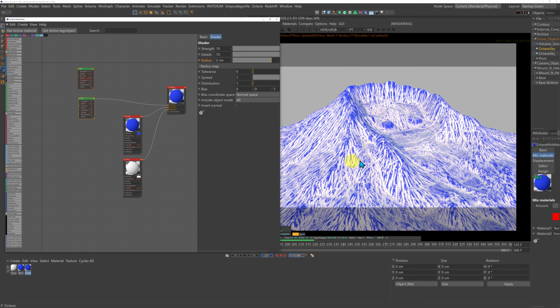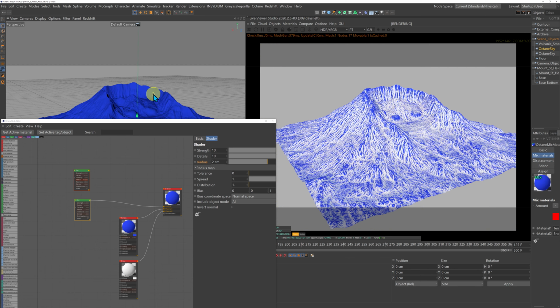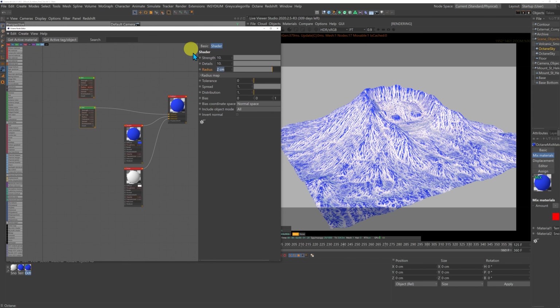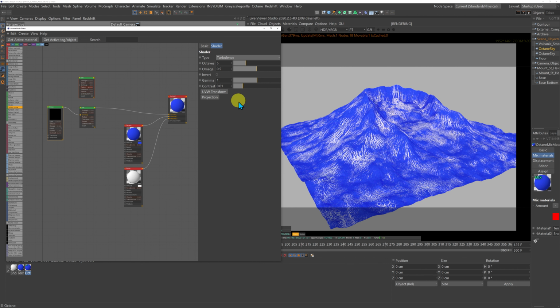And I want to have a bit more variation in this. Just going to pull back a bit here. I want a bit more variation in the distribution of our dirt node here, and I'm going to add a noise. So I'm just going to drop this in here, and I'm just going to pipe this into my dirt node here. I want to change this to turbulence, and that's starting to give a bit more variation there. And I'm going to increase the octaves to 12, and I'm going to decrease the omega to say 0.4,